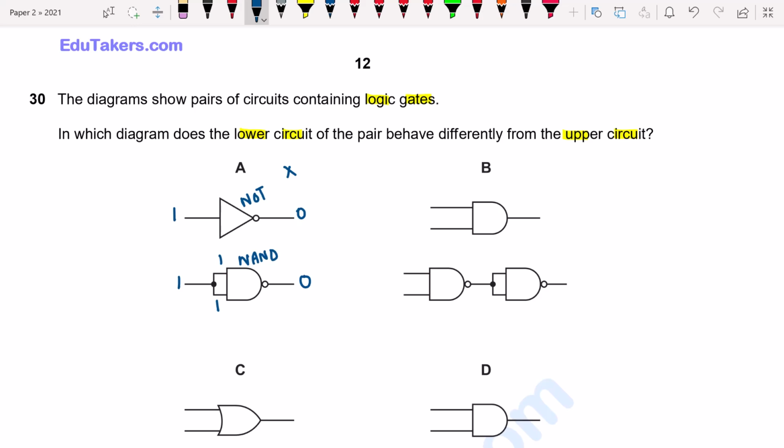Now we see option B. Here this is an AND gate. I consider input 1 and 0. This changes into 0 by the application of the AND gate. Second, here is a NAND gate. I consider again the inputs 1 and 0. 1 and 0 changes into 1 by the application of the NAND gate. So here will be 1. This 1 and 1 comes here. So when the AND gate is applied here, the input is 1. By the application of the NOT gate, this changes into 0. Again the outputs are the same. So option B is also incorrect.